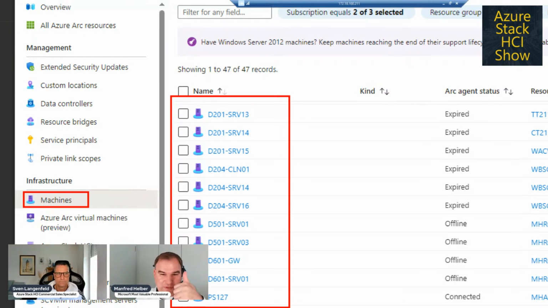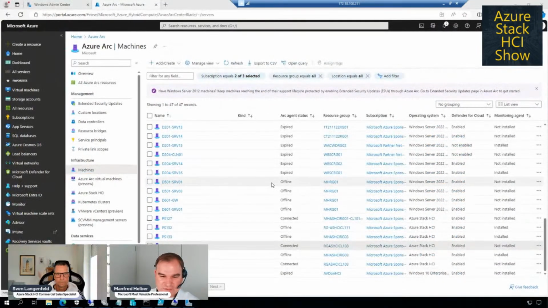So the first step is they have to be Arc enabled. And the second step is you have to use Azure Lighthouse, and Azure Lighthouse as a service itself is also for free. The same as what Sven said about Azure Arc. The additional functionality of Lighthouse is for free. If you enable services via Azure Lighthouse that you have to pay for, then for sure you have the cost for these specific services.